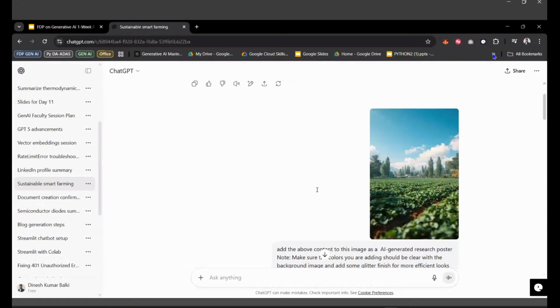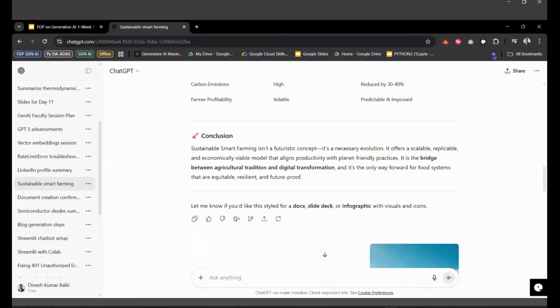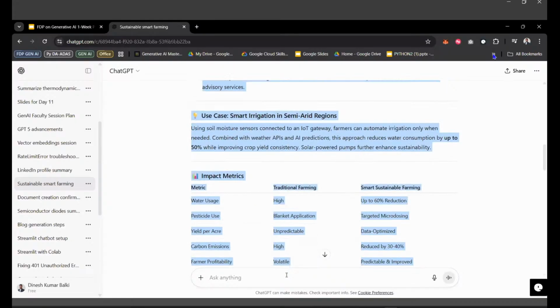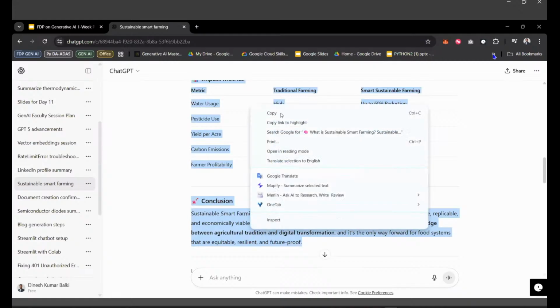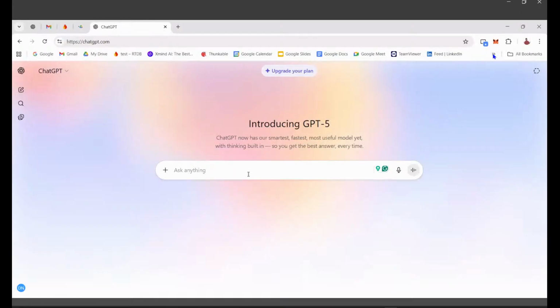Let me just grab the content. Okay, let me just use another account.